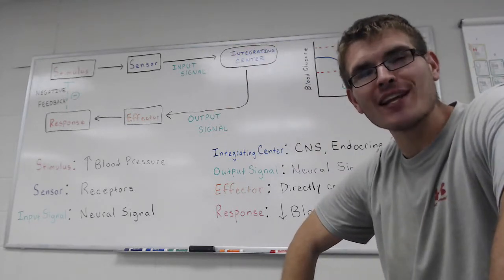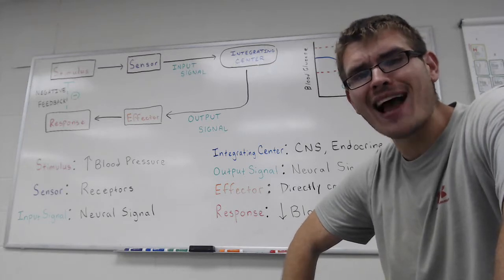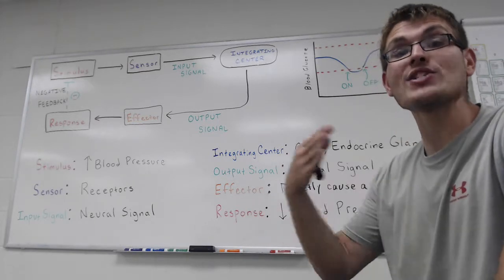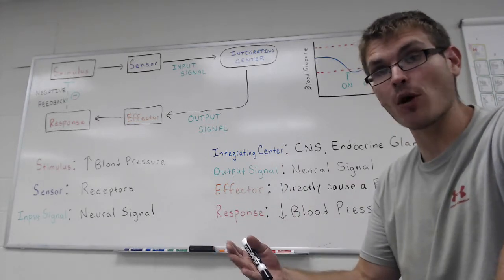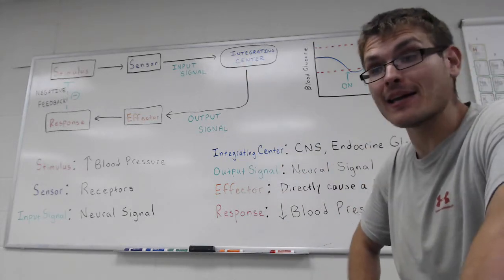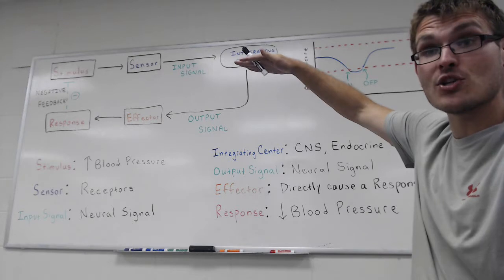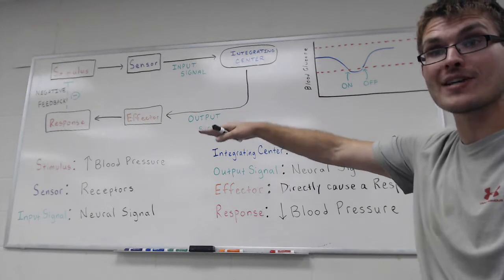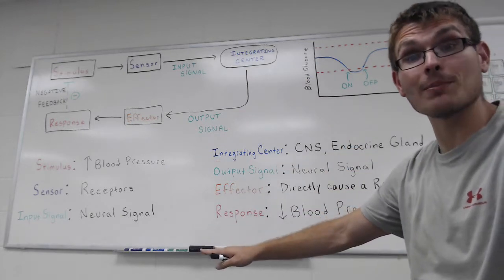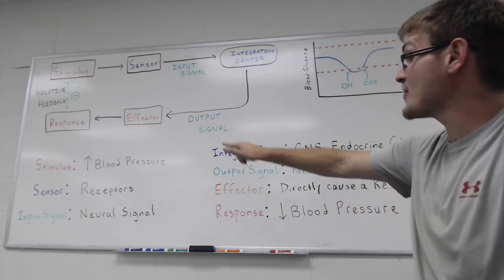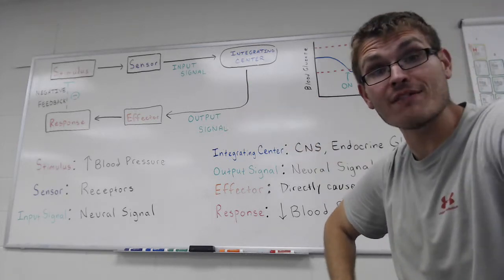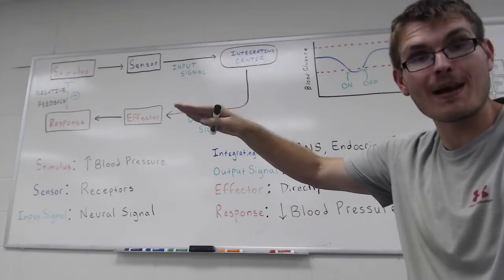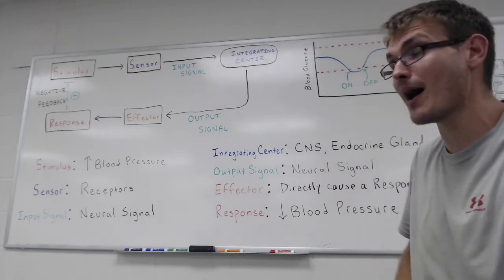It's a really intricate and very well-designed system of making sure that when things go wrong, we fix them and then we don't overshoot our landing, as it were. If it wasn't for that negative feedback mechanism, if we start out with our blood pressure being too high, the response would continue on and on. We would bring our blood pressure down and down to the point where we get the blood pressure too low. The fact that the stimulus eventually goes away because of our negative feedback loop ensures that we decrease the blood pressure only to our specified limit. We don't want to decrease it too much.